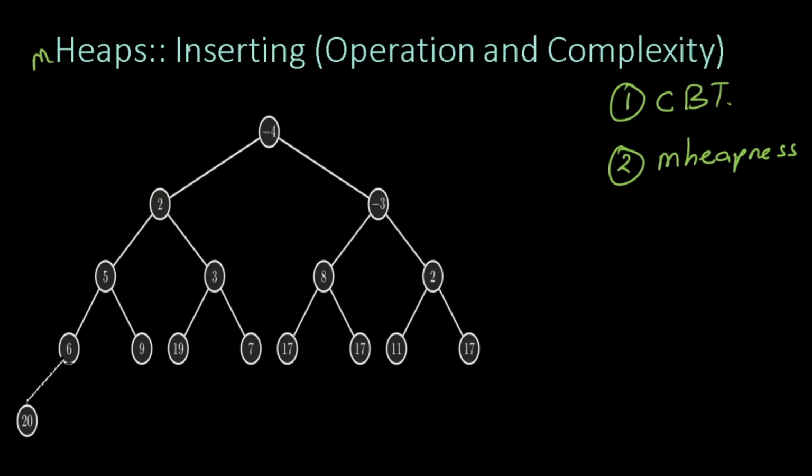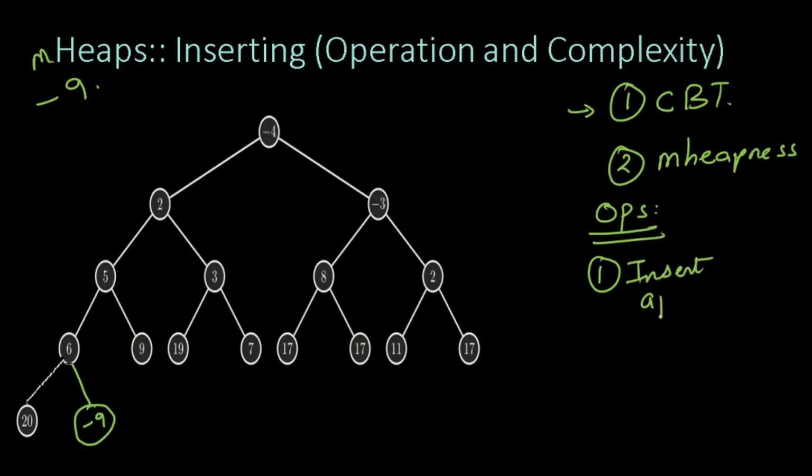So whenever we are trying to do an insertion, we will try to ensure that the complete binary tree property is maintained, and then we'll do a series of adjustments to make sure that it's a min heap. So let's count the number of operations. Let us say we have to insert -9. So we insert -9 here. The reason why we insert here is that the completeness is maintained. Now, as you can see, the whole structure is a complete binary tree. So in other words, we insert at the appropriate location, and this will cost you one operation. So it is order of one operation.